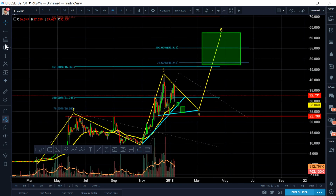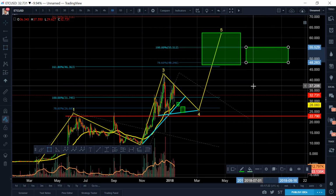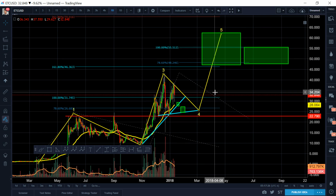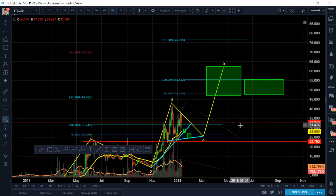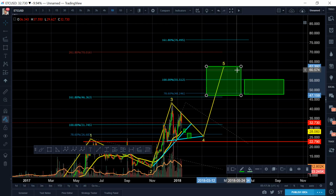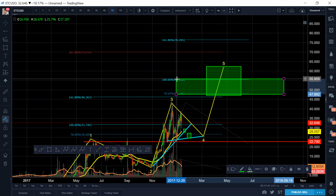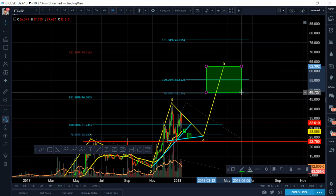So if we overlap the zones of the 786 to 1-to-1 ratio, assuming that it can go a little bit shorter than wave 3 but pretty much the same distance as wave 1, and also assuming that it can do an extended fifth wave minimum, which would be a 1-to-1, and an extended fifth wave would be slightly higher, we're getting a pretty good zone that overlaps. So yeah, we are absolutely getting a good zone. So minimum target, guys, is honestly,